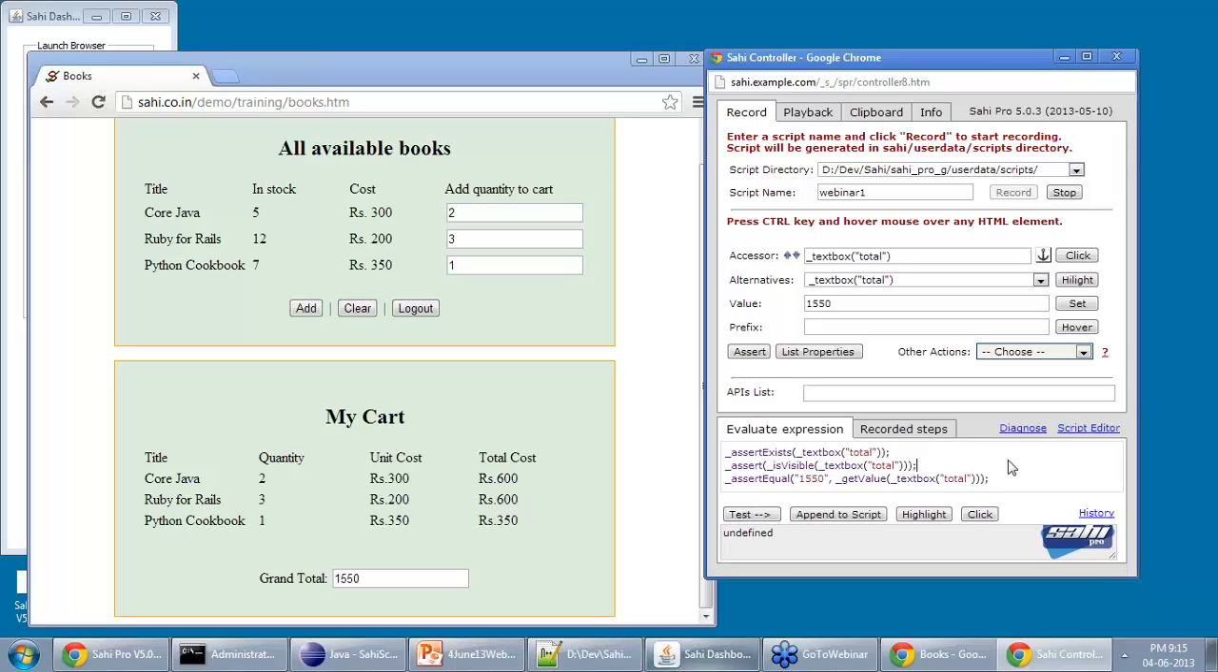Now we can play around with this by selecting one of these statements and clicking on test. It will tell us whether it's working or not. We can modify it to see if there is a problem or how it behaves if there is an anomaly here. It gives us an assertion failed with expected 1560, actual 1550. So let's go back to put the right value here. Click on test, and what we'll do is